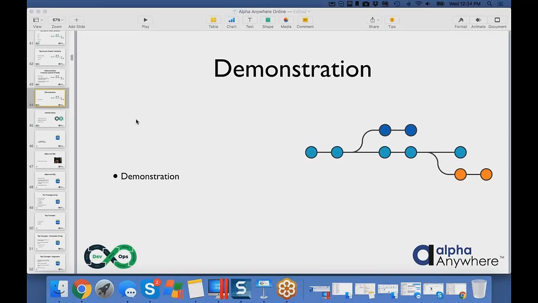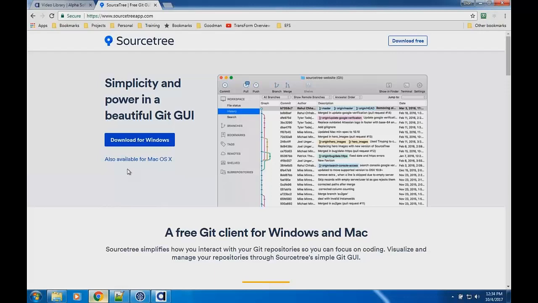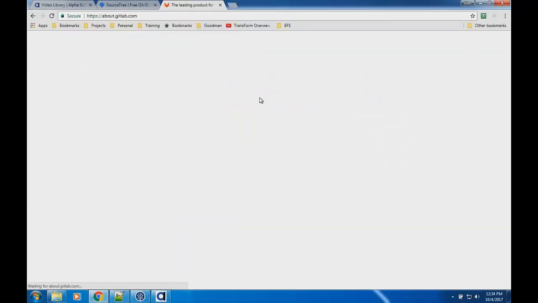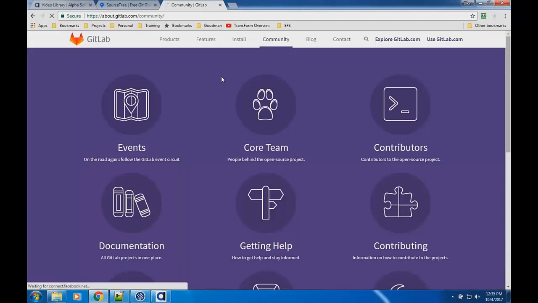Again, I highly recommend, if you're starting out, use a graphical user interface. There's a ton of training, examples, and videos. In fact, some of the people out there, I'm going to show one right here. If I go to Git, I think it's GitLab. If you're just learning this, there's some excellent material, I think in the community section.